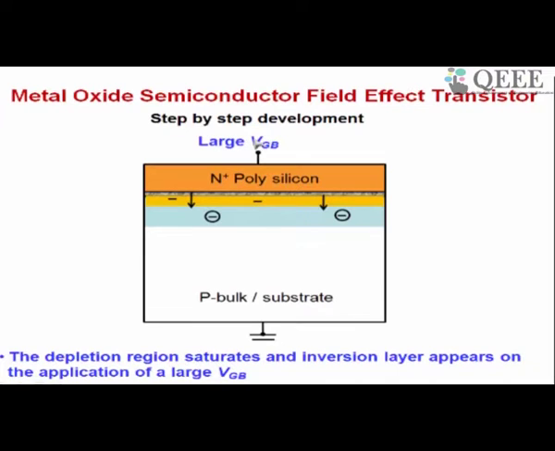Now what is going to happen? Look at this. The depletion region has expanded further, but in addition another region has come with a negative sign. It has been shown. This is a region of electrons. This region which was shown with a negative sign but with circles around it is a depletion region. It is obtained because of ionized acceptor impurities, and these impurities cannot move. Therefore, we show this negative charge with a circle around it to show that it is bound, it cannot move.